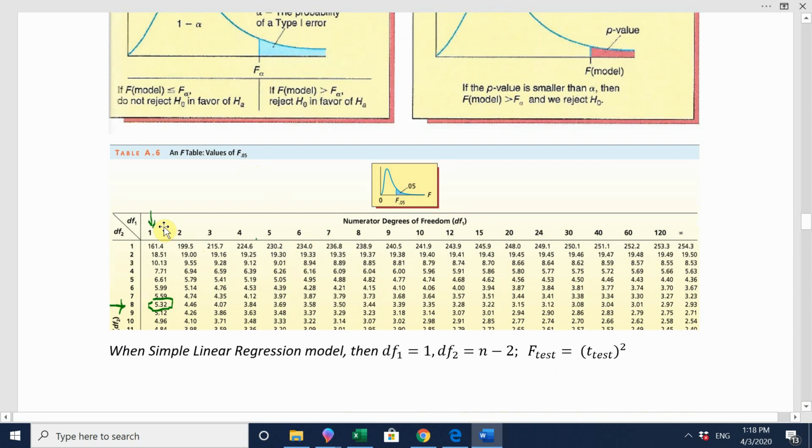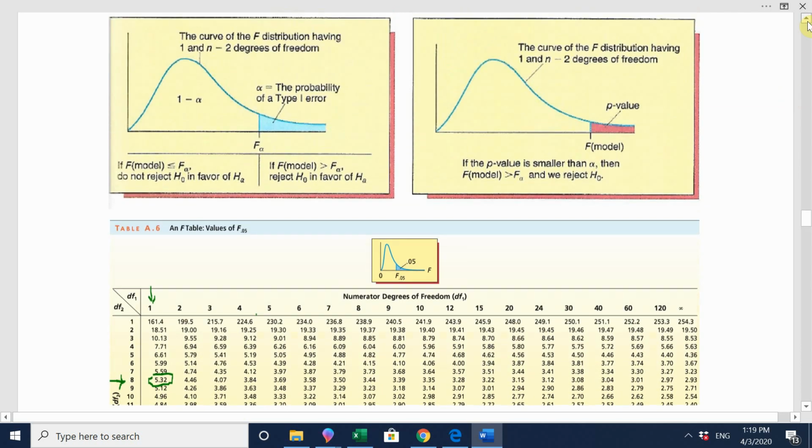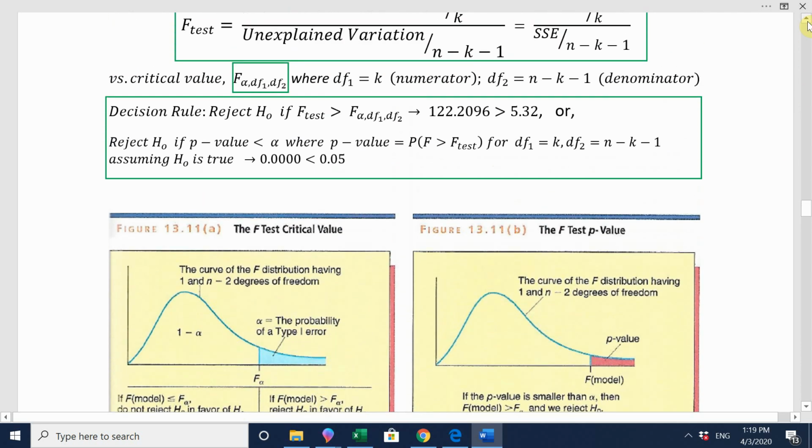So notice how I am crossing my degrees of freedom for numerator with my degrees of freedom for denominator, 1 and 8, and I get here a critical value of 5.32. Now let's go back up. And so we see that,